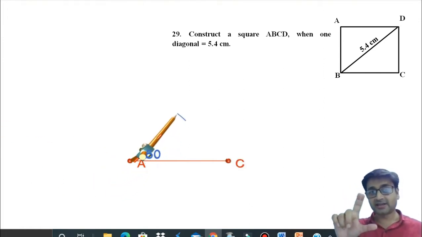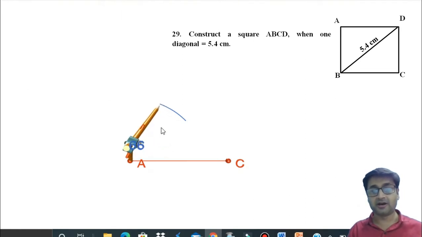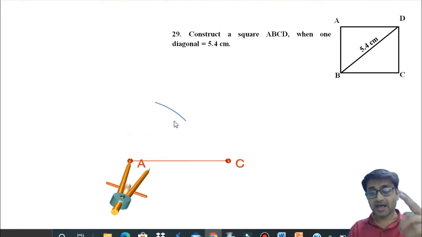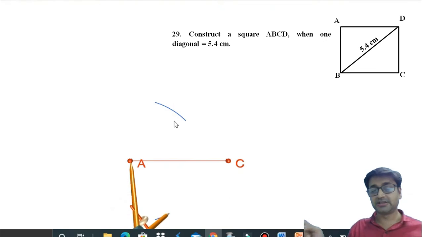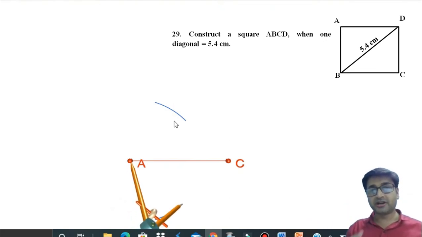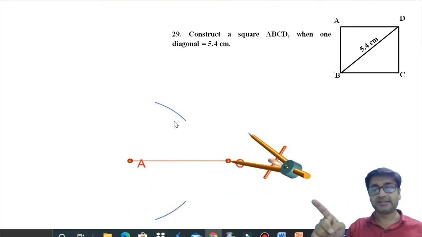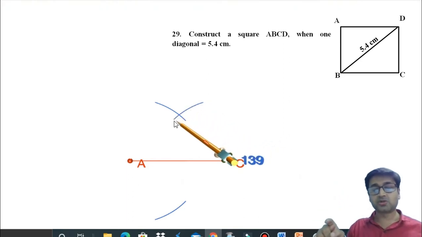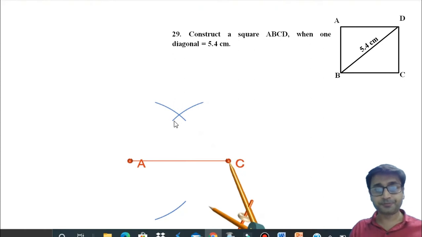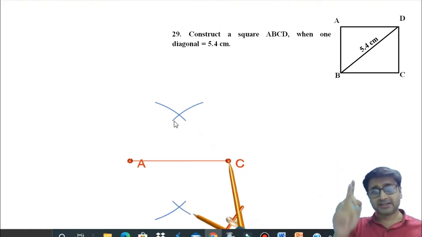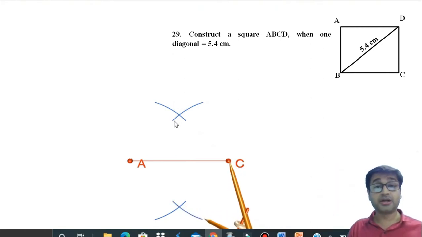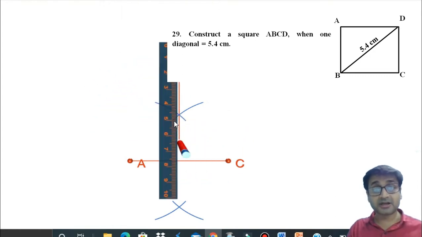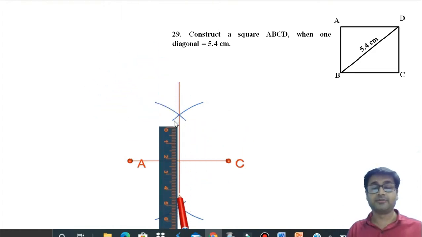So how to bisect? Take from point A greater than half, cut an arc up as well as one arc down, as you can see right over there. Without changing the radius, keep the compass on this point C over here, cut an arc up and cut an arc down. So when you cut these two arcs, the point of intersection now, you can join them and this point of intersection becomes your perpendicular bisector as well as your diagonal, because the diagonals in a square we said